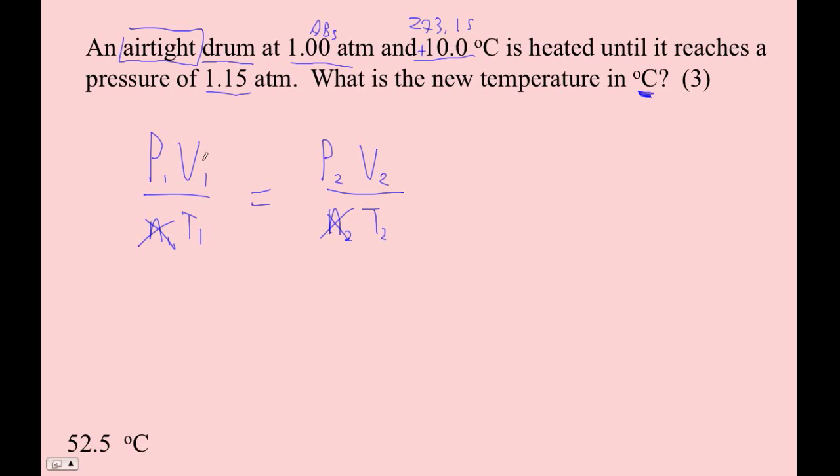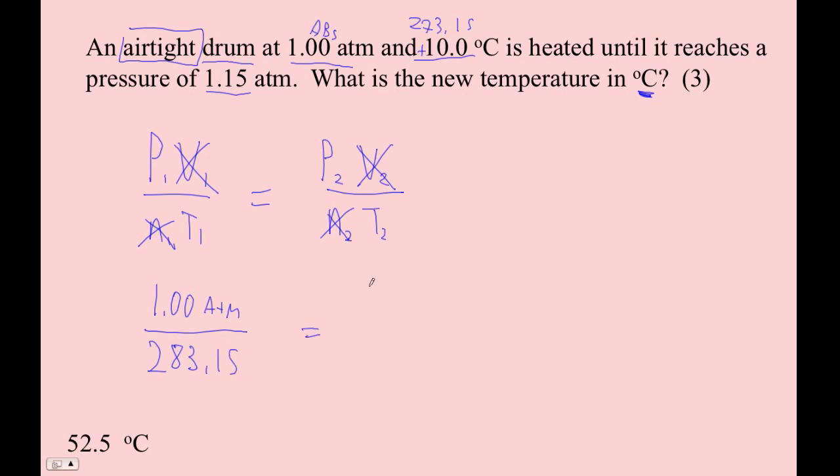Okay, let's see. And then the drum, they don't talk about the volume. We never know the volume, but let's assume that the volume of the drum stays the same, that we ignore the linear expansion of the container, it being very small. Okay, so this is just a P over T is P over T type problem, right? That's easy enough. So 1 atmosphere over the original temperature, we have to use kelvins, right? So that's 283.15